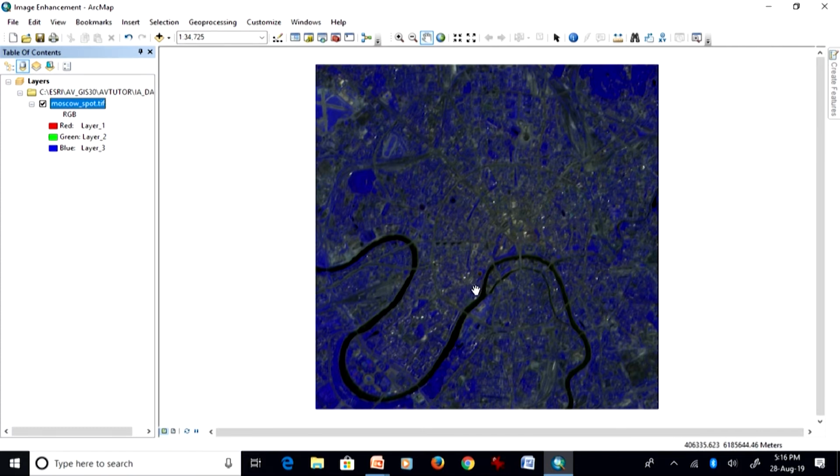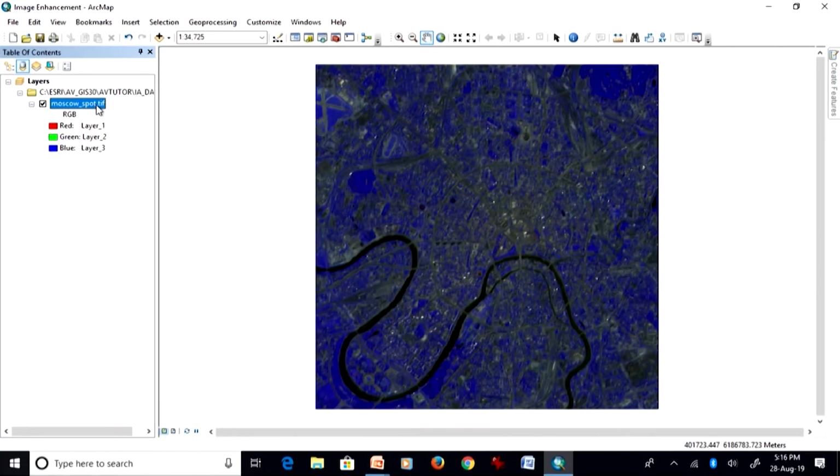But if in one channel an object or feature has a brighter signature compared to other bands like blue and green, for example vegetation, then whatever color you assign to the infrared channel, that color will be shown for the vegetation.